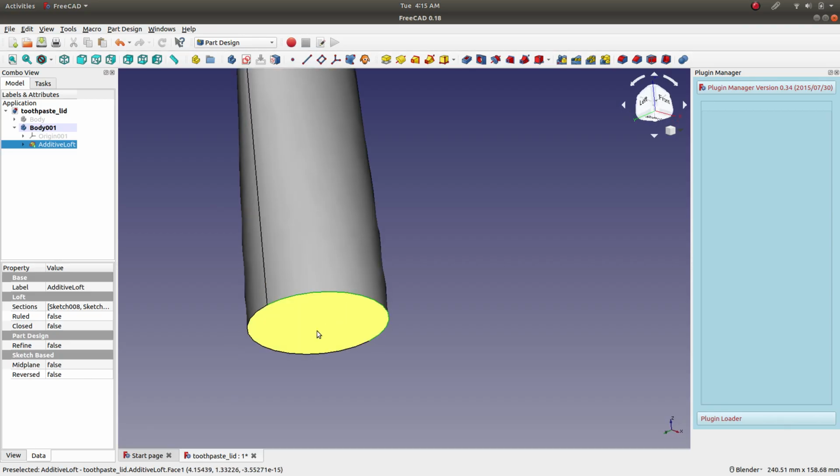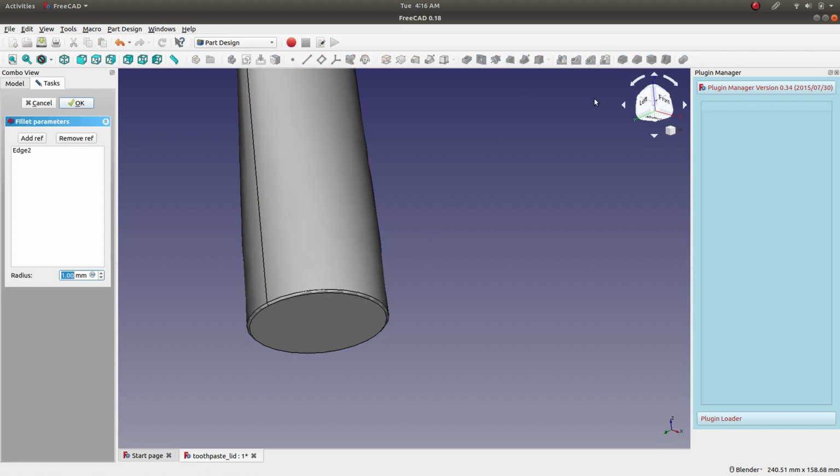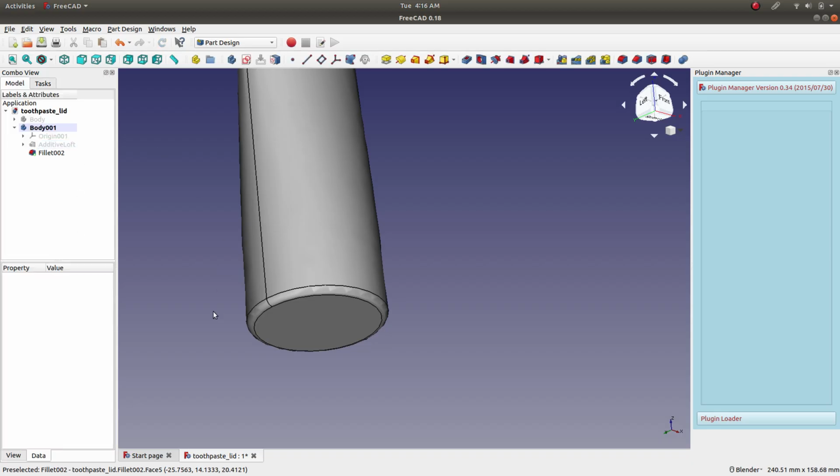You wanna add a fillet for this edge, and then the fillet should be, let's say, 3. And we also have to create a toothpaste coming out and all that, but it also has to match with